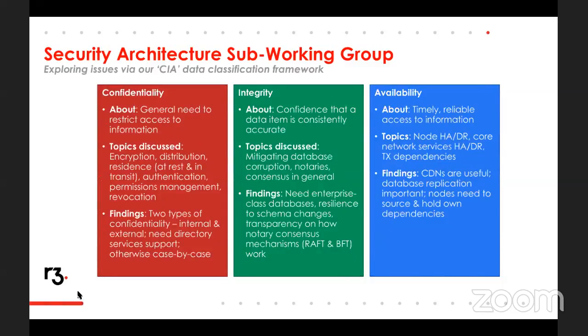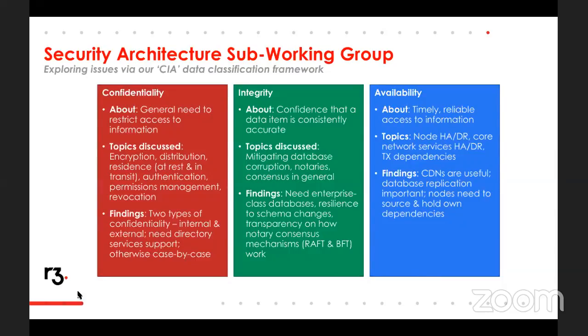And what we've done for each of these pillars, first of all, we set about trying to define a sensible classification system, a way of categorizing different data assets that may move around a Corda node or a Corda network in terms of their confidentiality and their integrity and their availability. And that in itself is already a very useful outcome, because that gives us a model that we can use to develop clear policies around how we think those things should be protected in each way. But beyond the pure classification and the taxonomy, it's also provided a great platform for us to discuss the implications that naturally come out of thinking about it in this way. So if I go through each of these in turn, you'll see what I mean.